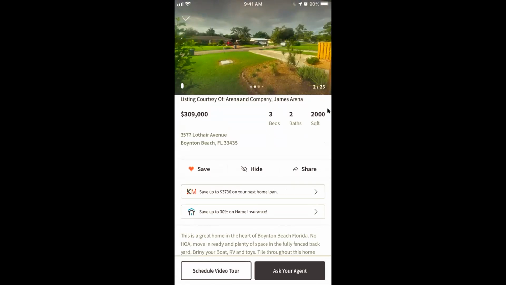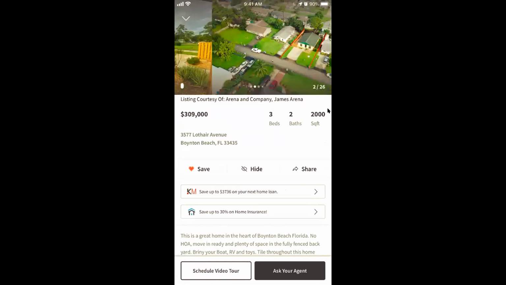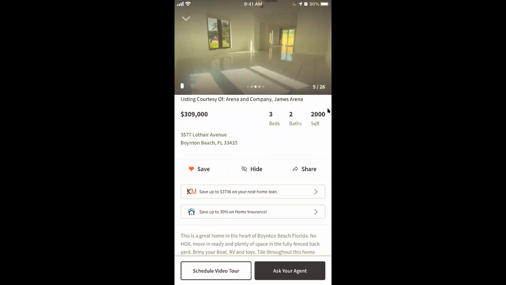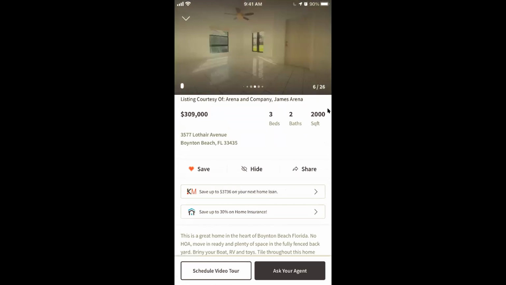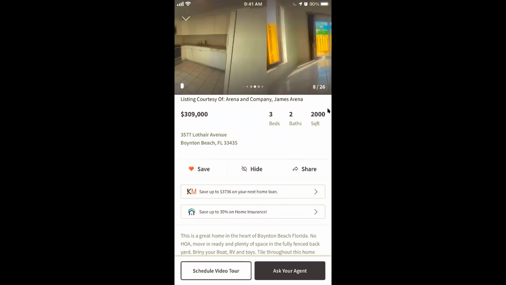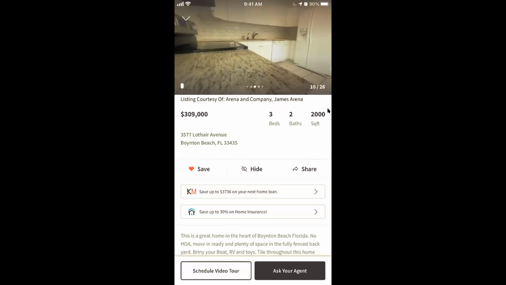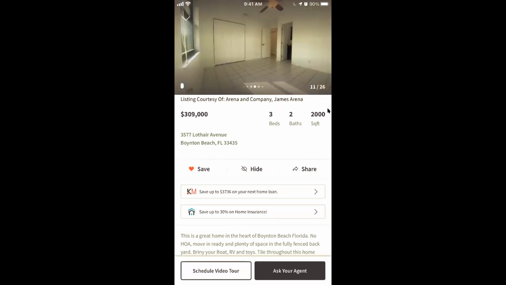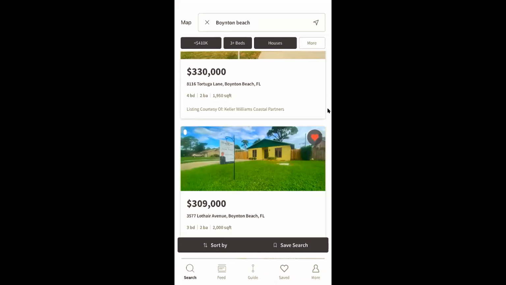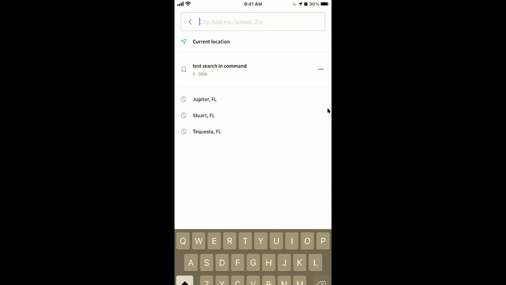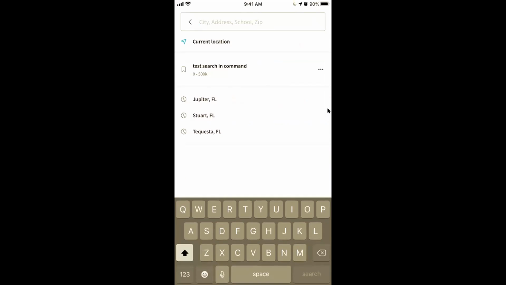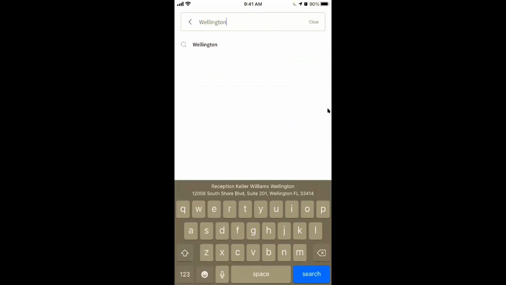Ryan, can I interrupt for a minute? Yeah, go ahead. One of the features that I can't find on here are schools. I know you can do it with the MLS. Can you do it with this app or no? Sort of. So some of the school districts you can search by and some of them you can't. So in the search feature, like see where I have Boynton Beach up there? Now if I type in Wellington,